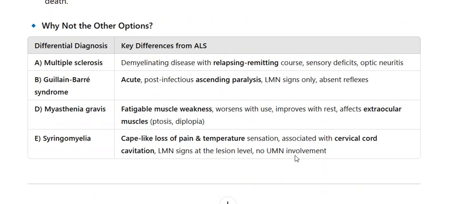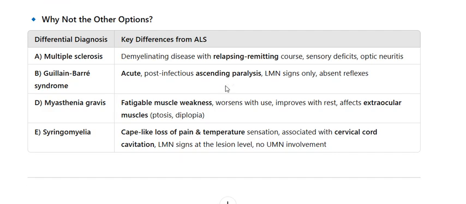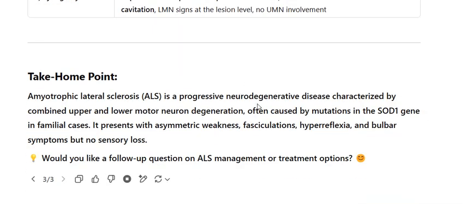D. Myasthenia gravis: fatigable muscle weakness, worsens with use, improves with rest, affects extraocular muscles, ptosis, diplopia. E. Syringomyelia: cape-like loss of pain and temperature sensation associated with cervical cord cavitation, LMN signs at the lesion level, no UMN involvement. Take-home point: amyotrophic lateral sclerosis, ALS, is a progressive neurodegenerative disease characterized by combined upper and lower